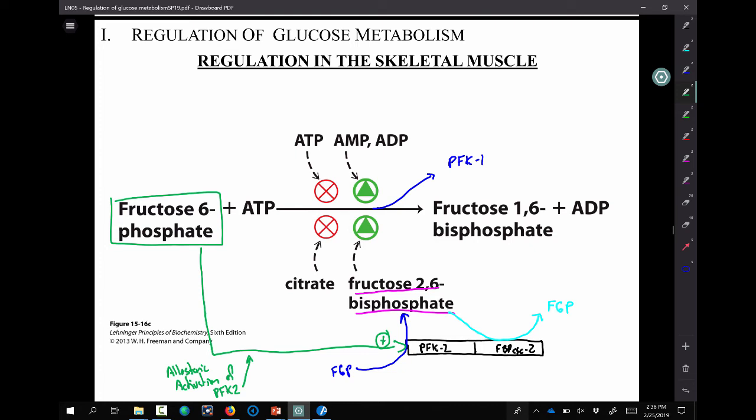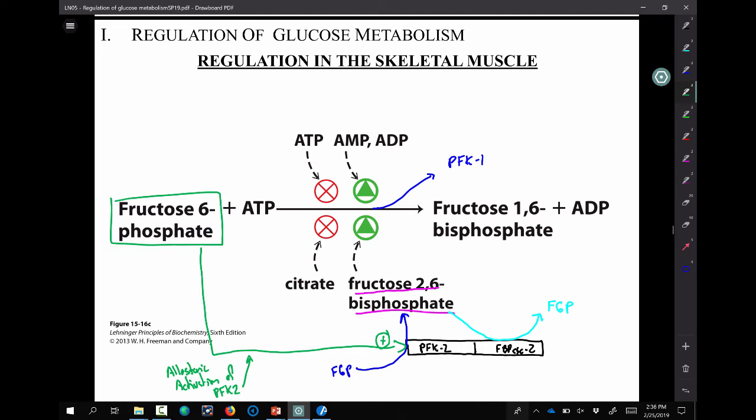Okay. All right. Now, that is certainly one of the means of regulating skeletal muscle. Different than cardiac muscle. Cardiac muscle is sensitive to phosphorylation of that enzyme, and of course different than liver, which is sensitive also to phosphorylation by different signals. Okay. Skeletal muscle doesn't really have those types of signals in terms of phosphorylation.